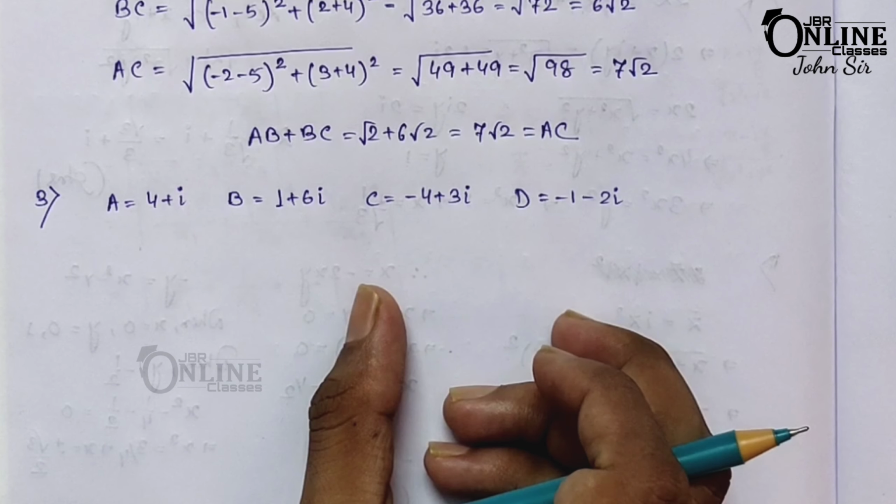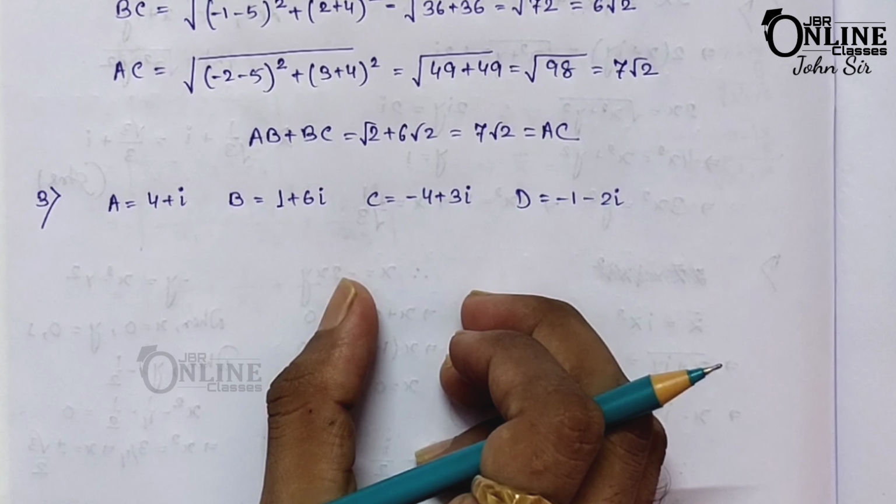But here is also a problem, because in a rhombus all sides are also equal. So what is the difference between a square and a rhombus? There is only one difference in that case, that is the length of the diagonals. In a square the lengths of the diagonals are equal, but in a rhombus the diagonals are not equal. So in that case you have to find all the sides as well as the diagonals of the square, that means AC and BD. Okay, so let's find out.